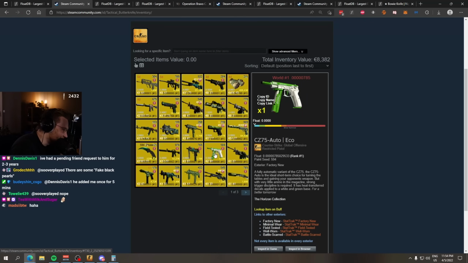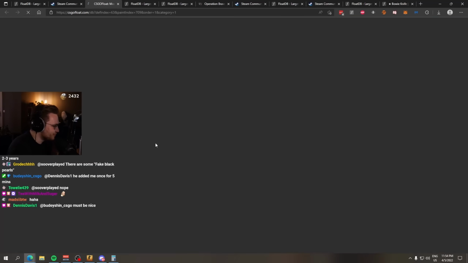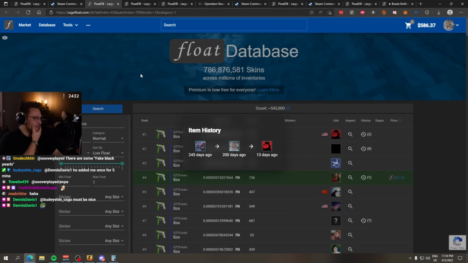Next up, CZ Eco. On this one, you got a great price, I think. CZ Eco, world number one lowest float. I think it's the one that I may have sold to you. Booty, how much is it worth? How much did he sell it for? Maybe